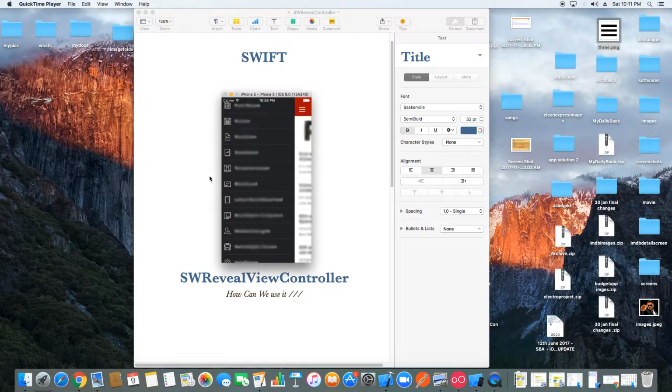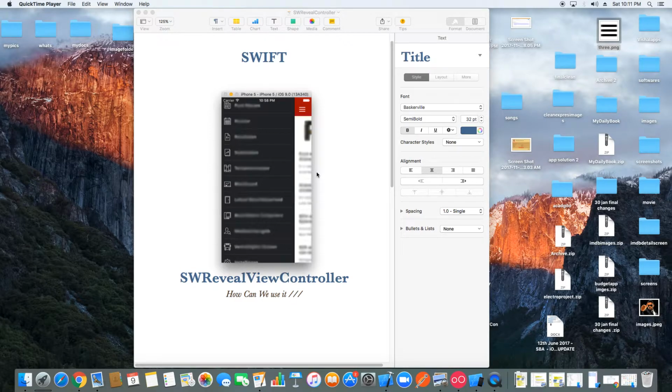In Swift we have a left view drawer, and here you can see the table cells we have. Those table cells are in the left side drawer, and when we click on one we go to the right one. This is the bar item by which we can access this toggle. That means we have to open and close this view controller scenario. Okay, so now we have to go for